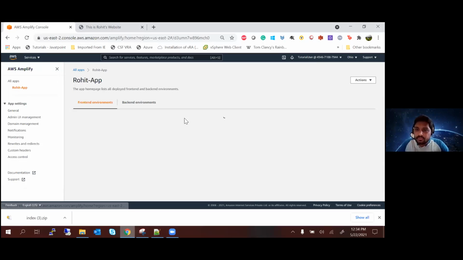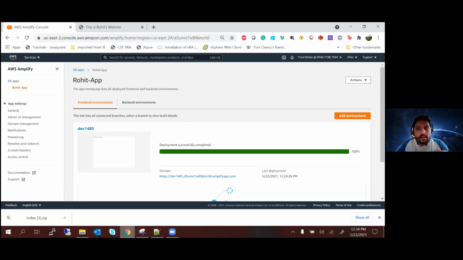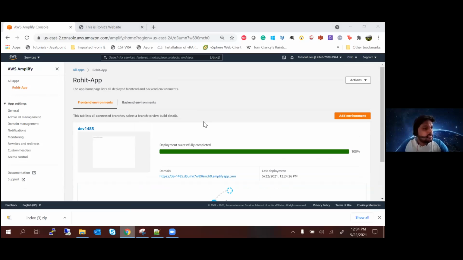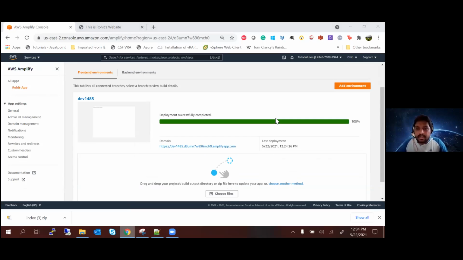Now if you have a successfully deployed app, you should see this screen, right? You are able to see a domain URL. If you're getting an error, that's okay. Just follow, see my screen, that's fine. If you're not able to do it, that's completely fine. Just look at my screen. This is for the people who are able to see my screen. You should all have this URL in front of you.